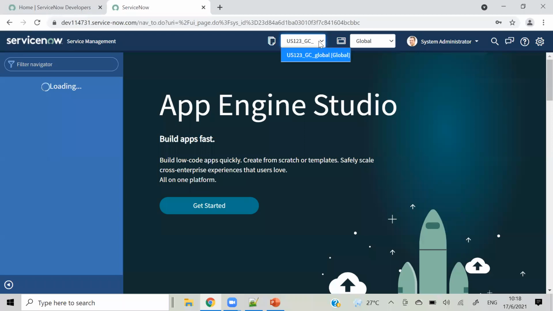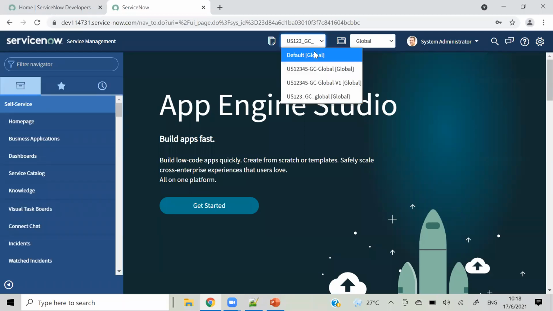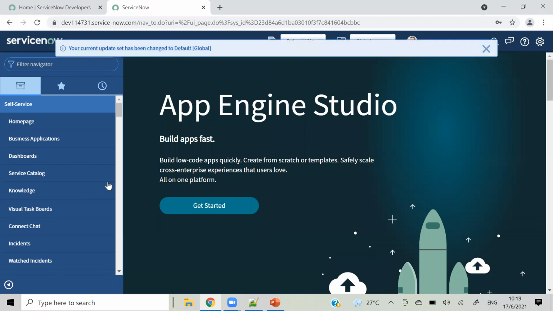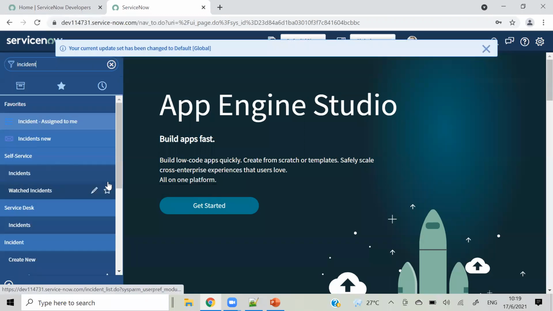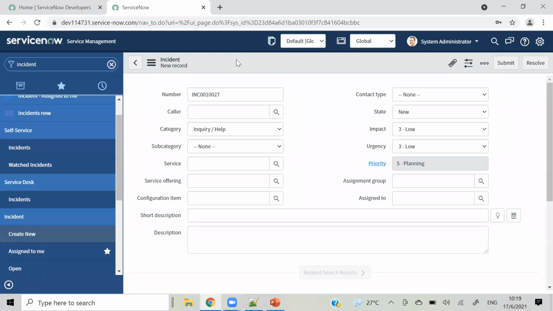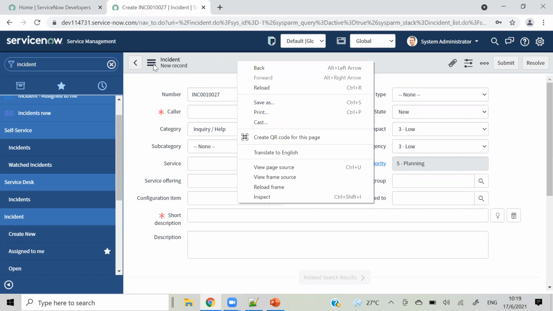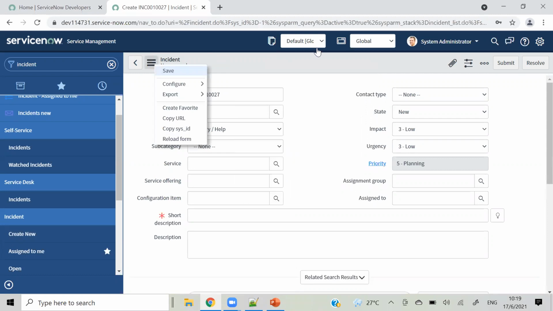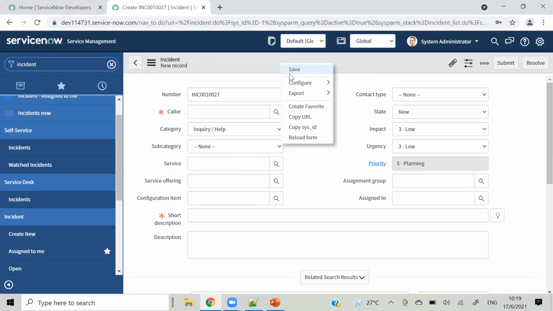Okay, I'm closing this. I'm going to the incident form, create new. On the left, go to the top, you can click directly on these three lines, or you can directly click on this gray line on the left-hand side.